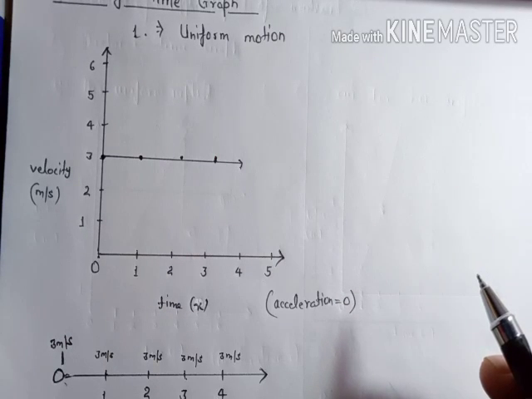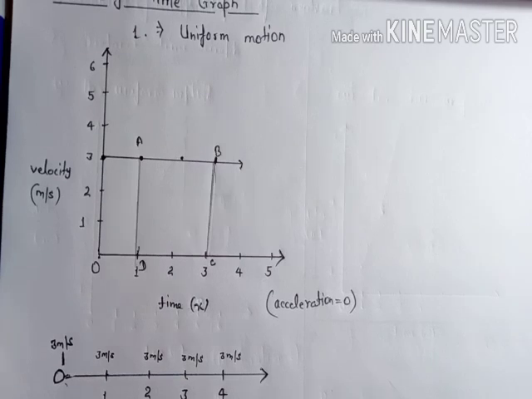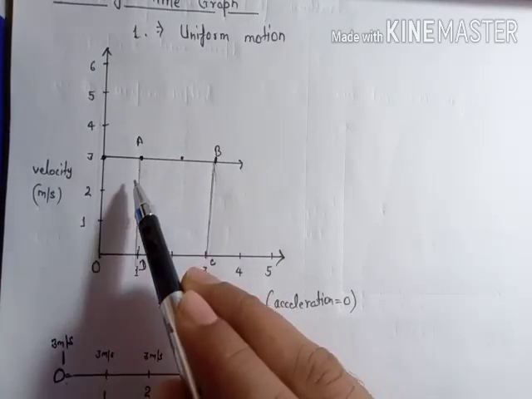One more thing that we need to know is that from this velocity time graph you can get the distance traveled or displacement for a time span, or for a few seconds. Let's check how. Just consider we have to check the distance traveled for the period after 1 second and before 3 seconds. From here to here we are going to check the distance traveled by the body. So draw a rectangle here. Now you can see a rectangle A, B, C, D, and try to get the area of this rectangle.